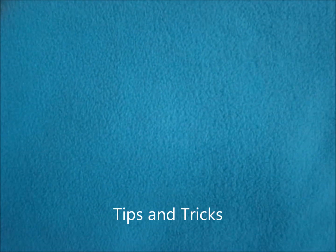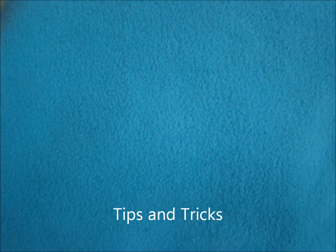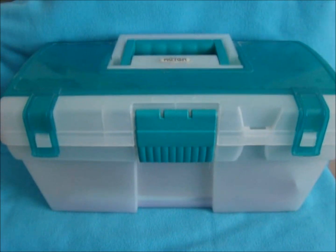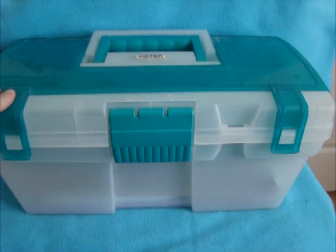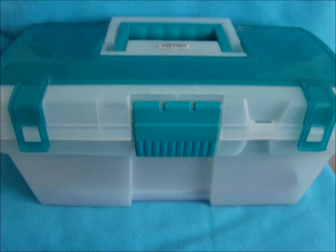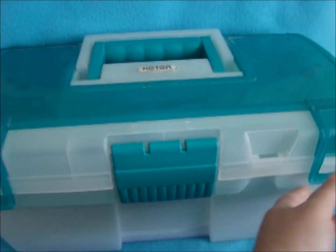This video will be showing some tips and tricks for knitting. The best way to store all your knitting stuff is in one container. So this is just a toolbox that worked perfectly for knitting. This one happened to have a flap on the top